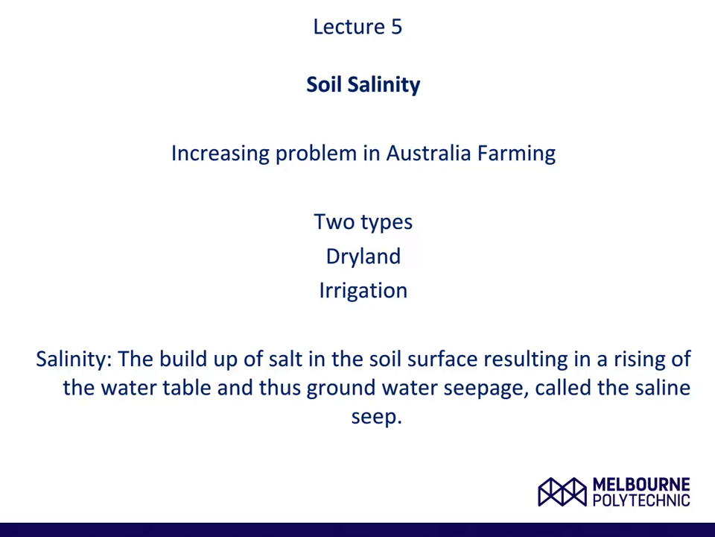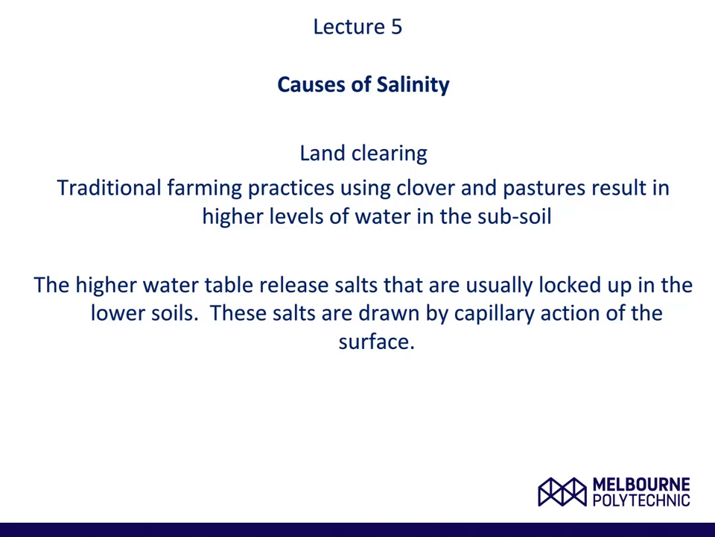Salinity tends to be associated with hot, dry environments due to the higher evaporation of water from the soil's surface. There are 2 types of salinity, dryland and irrigation. Salinity reduces yields because salts cause plant dehydration. So there are several causes of salinity. These can be as simple as land clearing, or some traditional farming practices using clover and pasture can result in high salinity levels. How you manage the water is usually the most common cause of